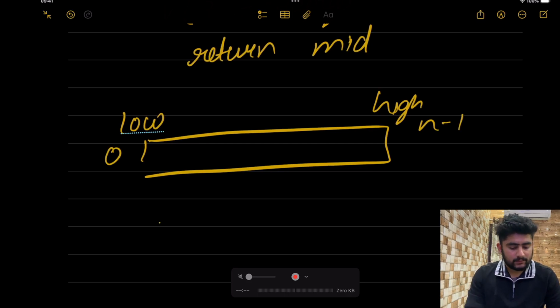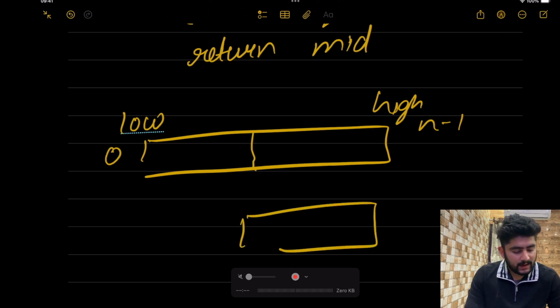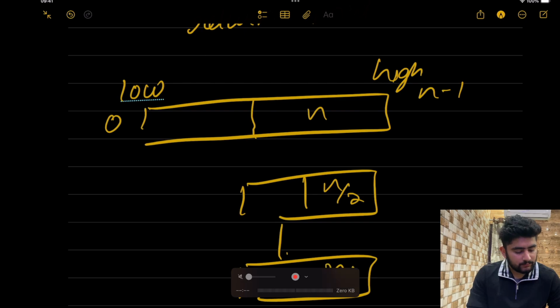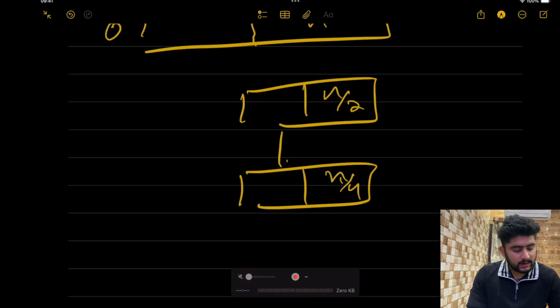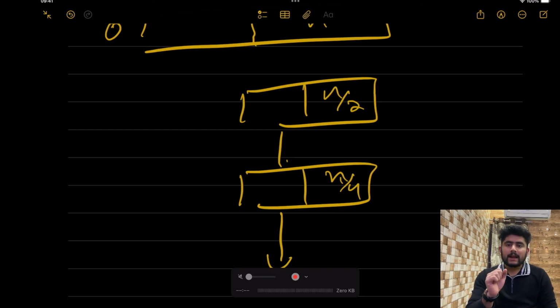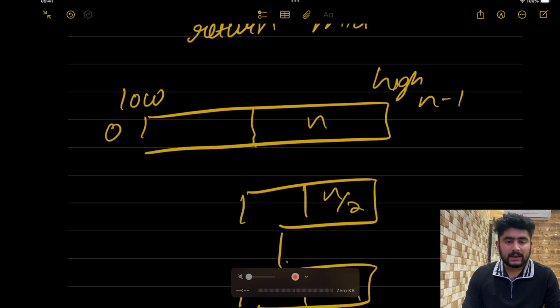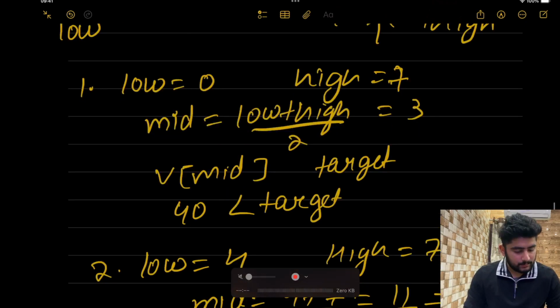We divide our array of size n into n by 2, and then again we divide it into n by 4. We find mid and we take only one part and exclude the other part. If we are comparing our value with mid,